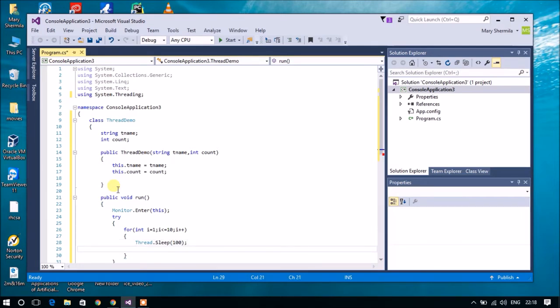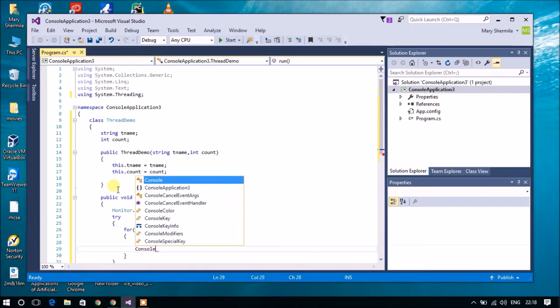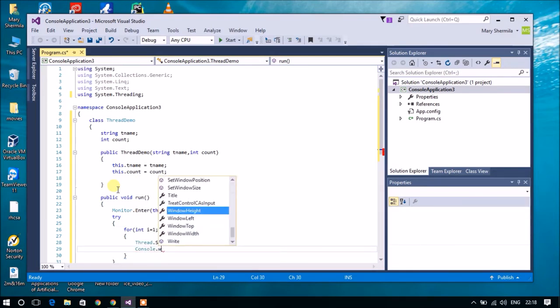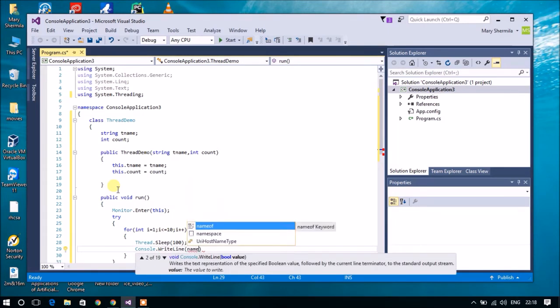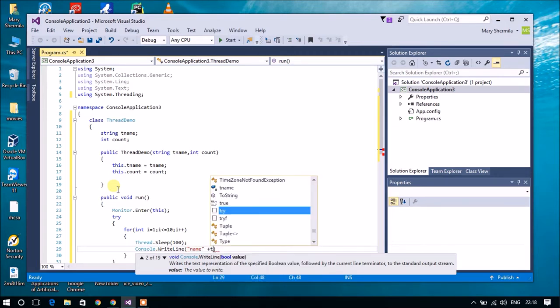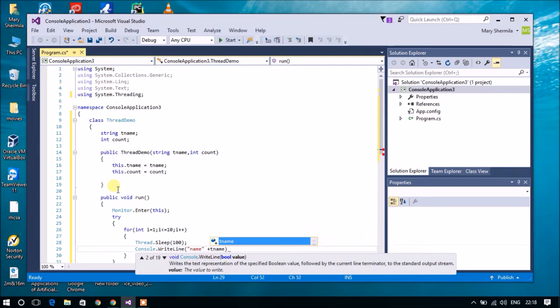Then I'm going to print my values from 1 to 10: Console.WriteLine(name + tname + " in count " + i).